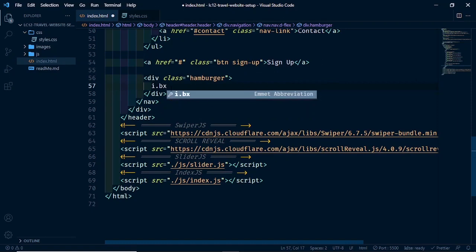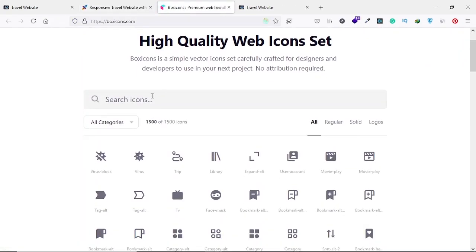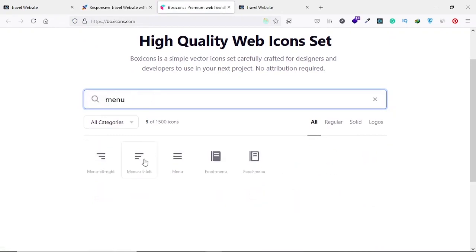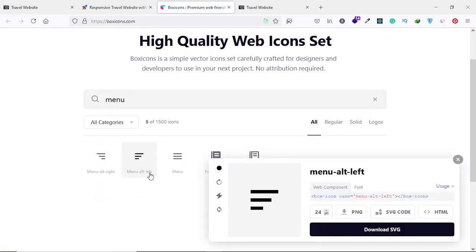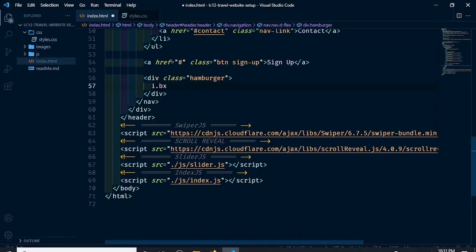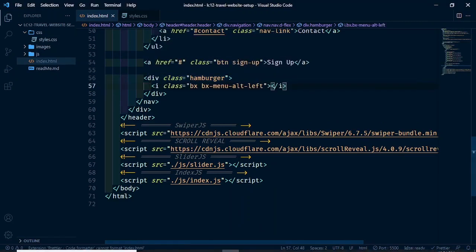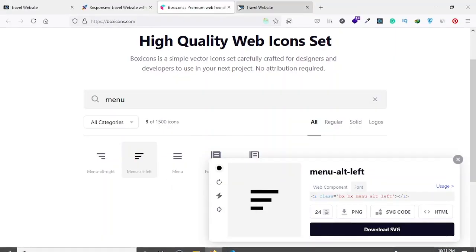Let me show you how you can get this icon. So go to your browser and from our website, go to box icons. Then here search for menu. Then this is a menu alt dash left. So this is an icon you're going to include. Click on font from here, then click on the icon and it will be copied. Now go back to your text editor and paste it within the hamburger. So let's paste it here. Save this, go to your browser, let's close this, and here we have our links and the sign up button,